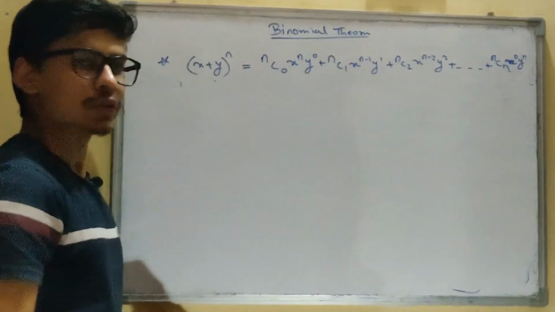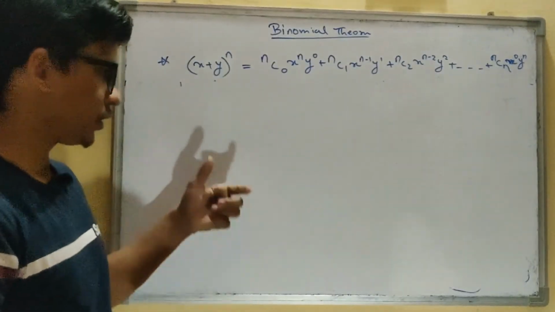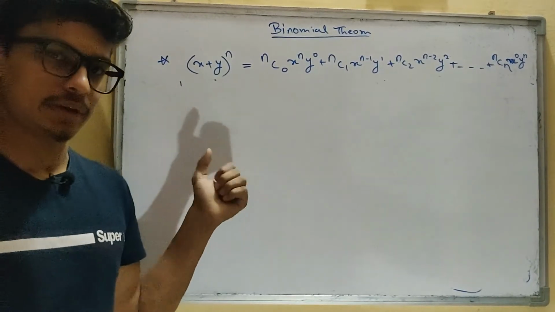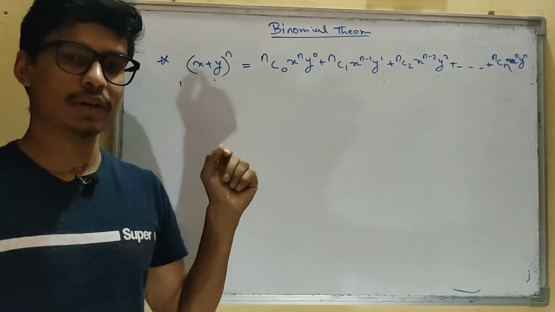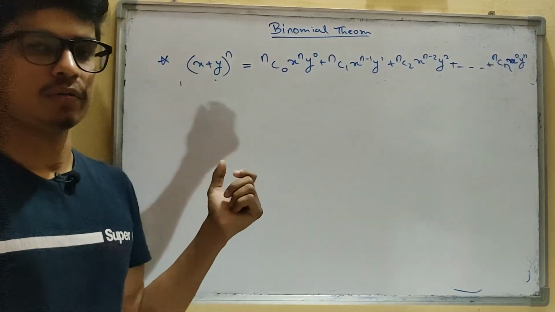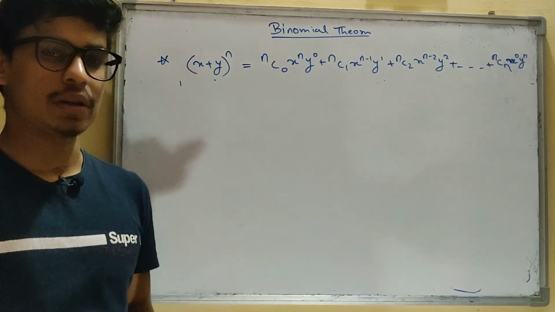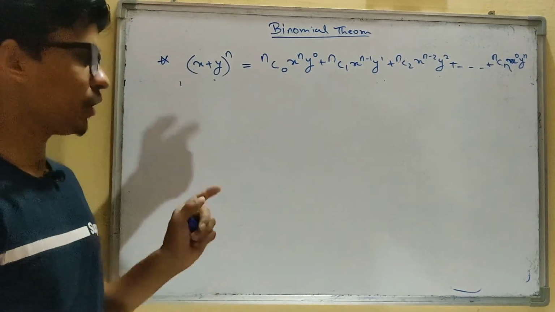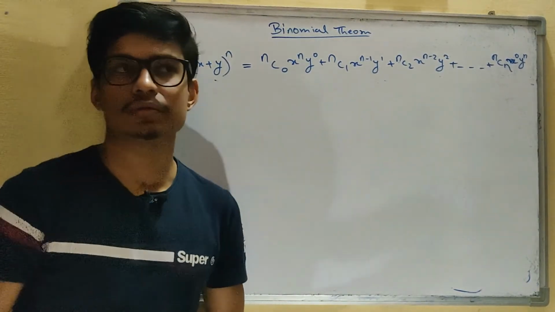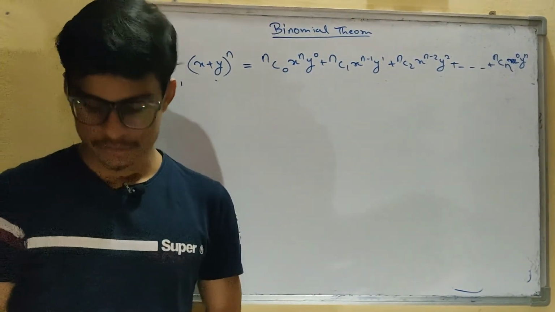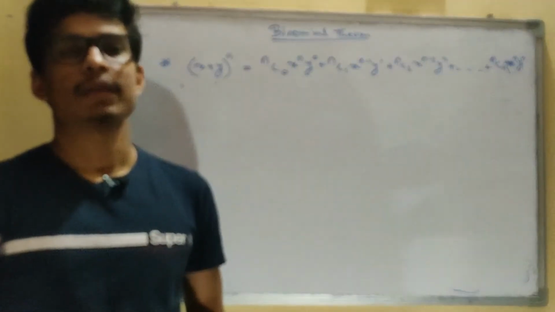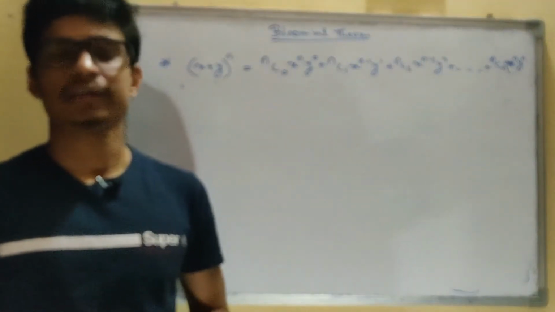Now, please make a heading for these. So these are the middle terms. Two possibilities are there based on the power value of n. If n is odd, then there will be two middle terms, and if n is even, then there is only one middle term. And this is how you can get it. Some questions they ask is to find the term